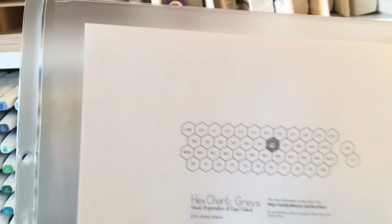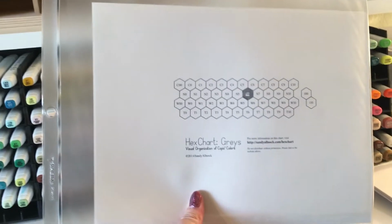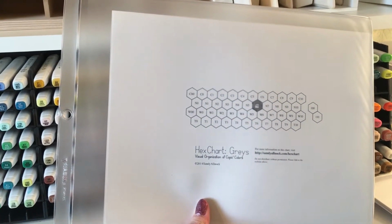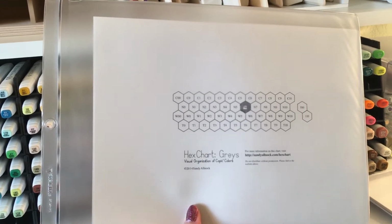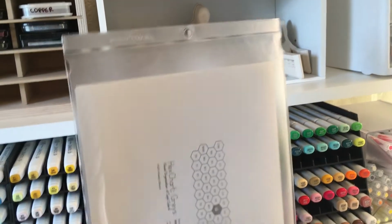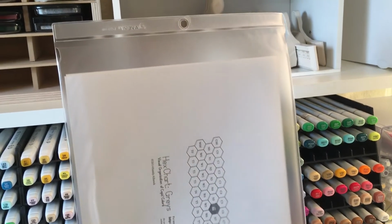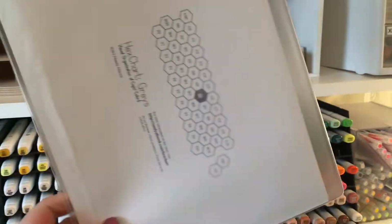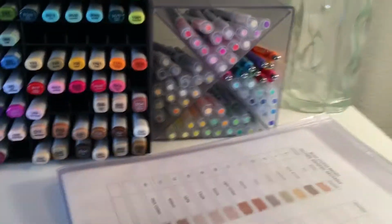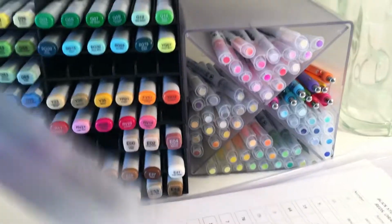And by the way, per Jennifer McGuire's advice, I keep all of my swatches. Well, she didn't advise me on keeping swatches in this, but she did advise on these job sleeves. So I will add a link to this product. The only drawback is one side is clear and one side is frosted, and I don't like that. I wish they were both clear and easy to read. But you can see I made my own files